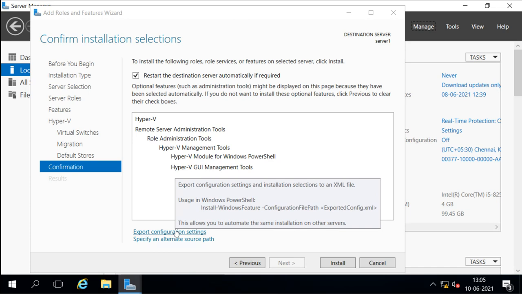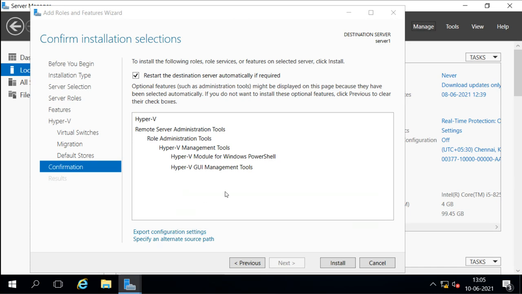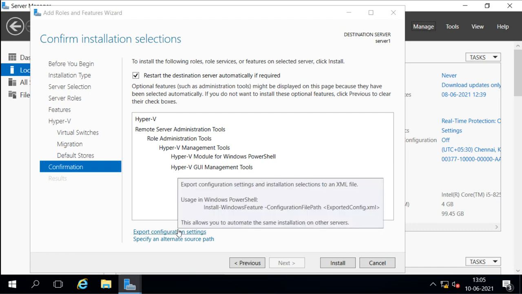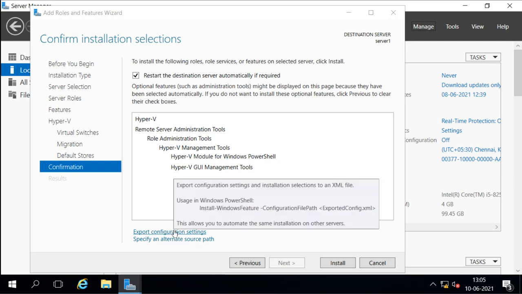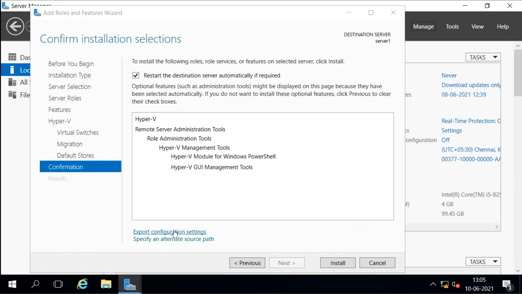So I can use this XML file in Windows PowerShell to install the same features or role on another server. And it is showing me the PowerShell command also: Install-WindowsFeature with the configuration path option, and then the exported XML file.